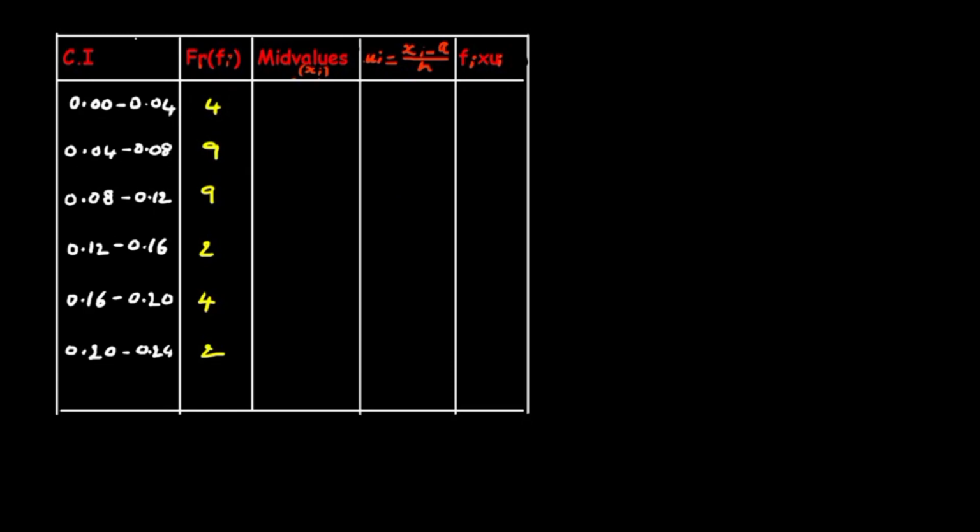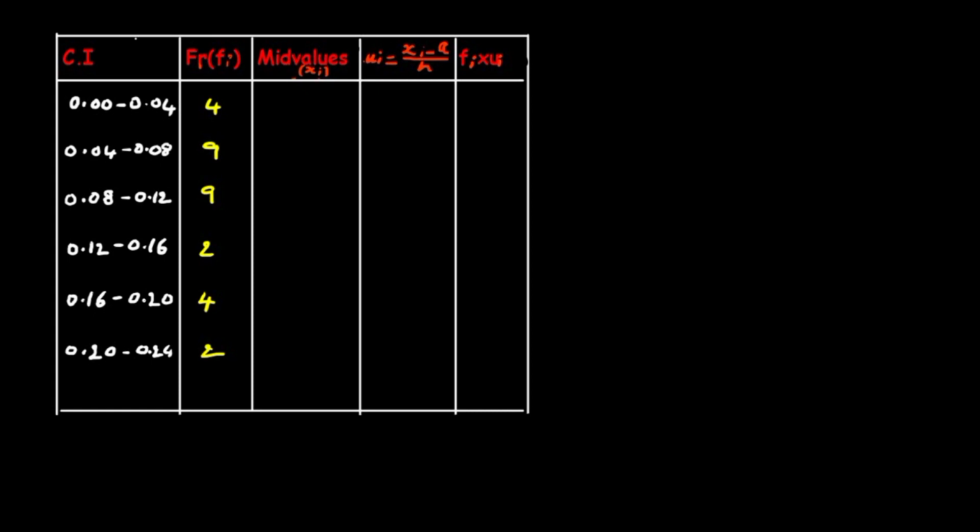To find arithmetic mean in the step deviation method, we need these columns: the class interval, fi, which is the frequency, and the mid values, also called class marks, denoted by xi. The next one is ui, the deviation. The ui formula is xi minus a, divided by h. It's very important for short answers. What xi, a and h are, we'll discuss now in the table completely.